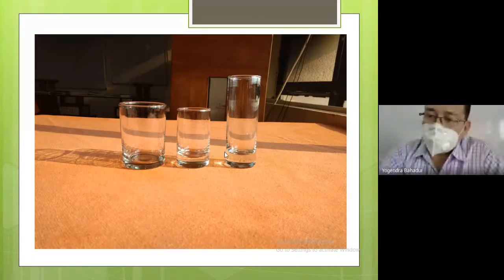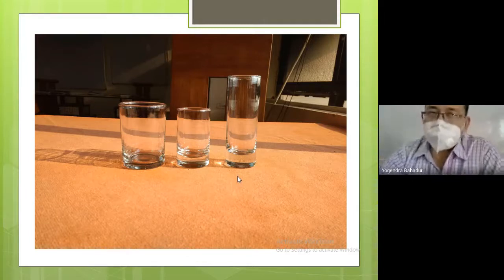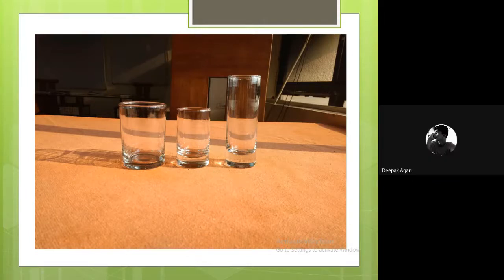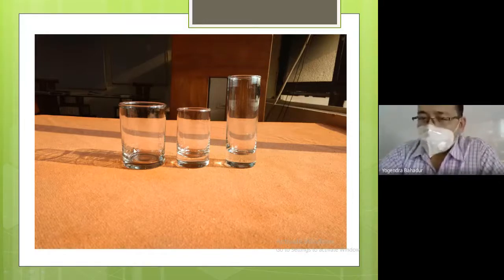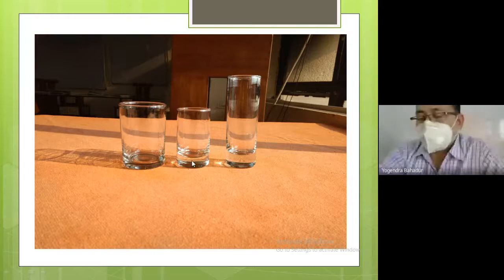So moving on to the right hand side, it is again a type of a shot glass, but here the quantity is not 1 fluid ounce. It is not 30 ml. It is basically 60 ml. So if the guest is asking you for 2 peg, then obviously you are going to use this shot glass. So first one is the pony tumbler. Left hand side, quantity is 6 fluid ounce. At the center, we are having the shot glass. Quantity is 1 fluid ounce. And on the right hand side, we are again having the shot glass, but its quantity is 2 fluid ounce.